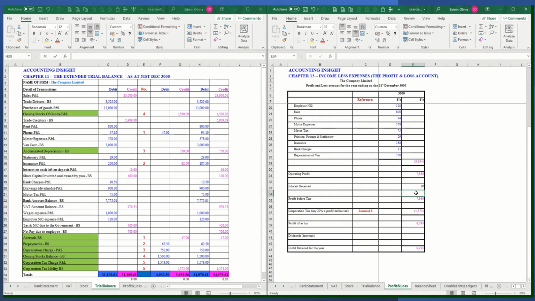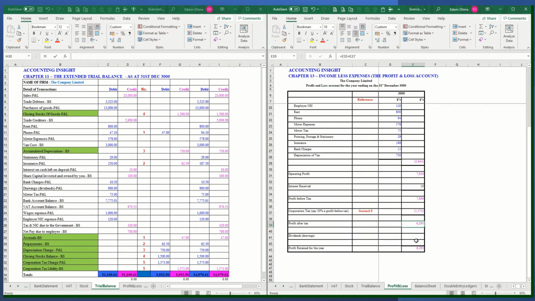We can see the rest of the profit and loss account. So now we've got profit before tax 7,866. Now here is where we calculate the corporation tax, and we've said it's 20% of your profit before tax. So 20% times 7,866 will give you £1,573. If you remember, that was the journal I talked about in the previous chapter. So this is how it's calculated. So you deduct that from your profit before tax, and you'd get your profit after tax of